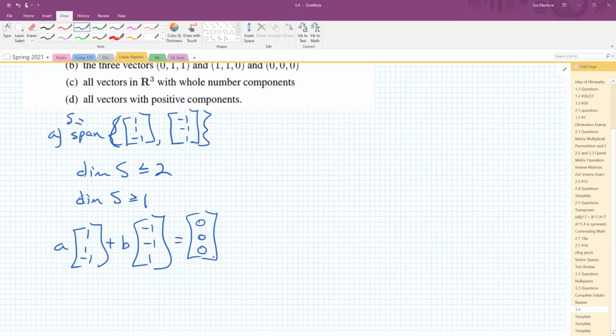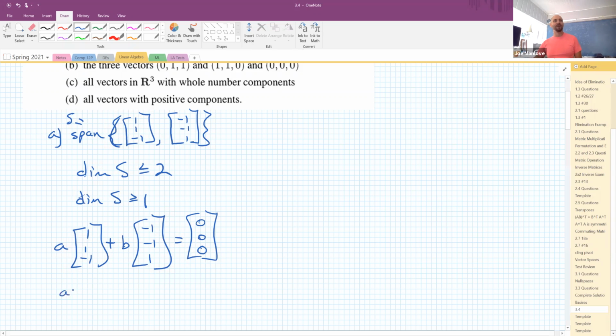They're integer multiples of each other. Good. They're not even just scalar multiples of each other, right? One's the opposite of the other one. Perfect. So they're linearly dependent. So A is 1, B is -1, does this imply that they're linearly